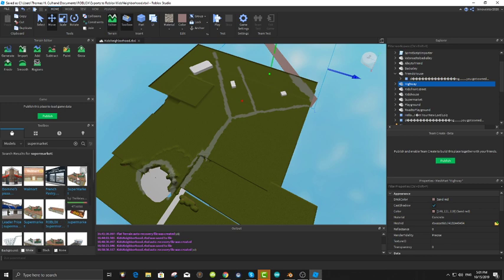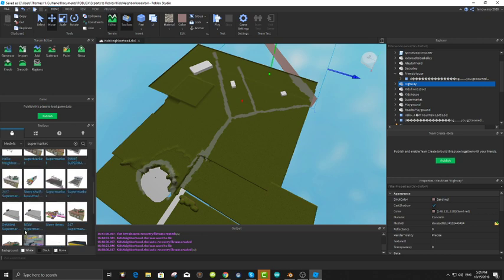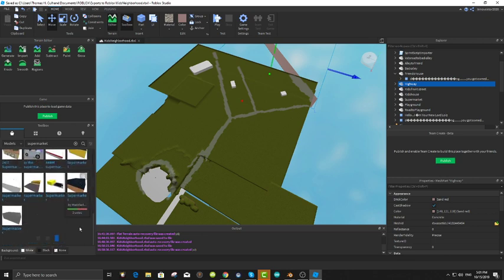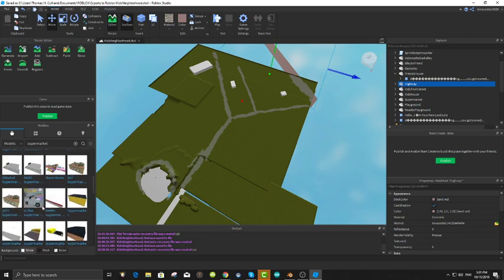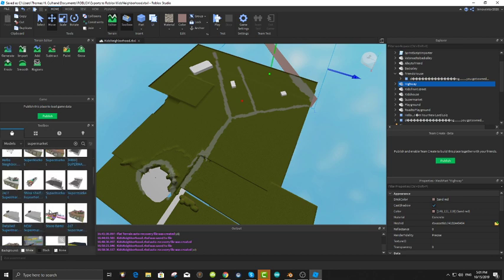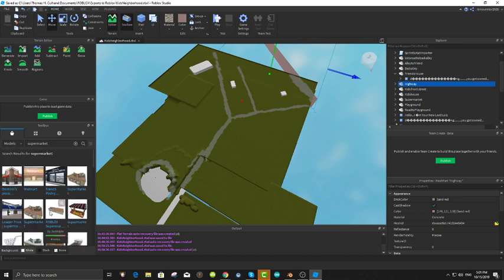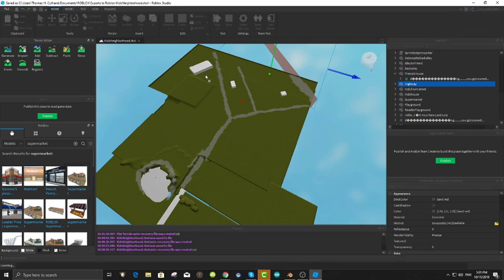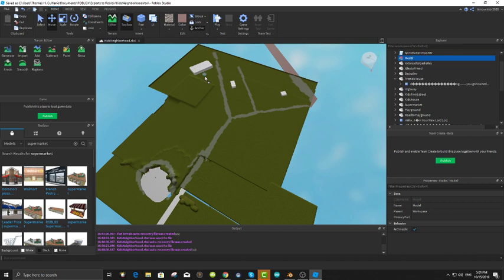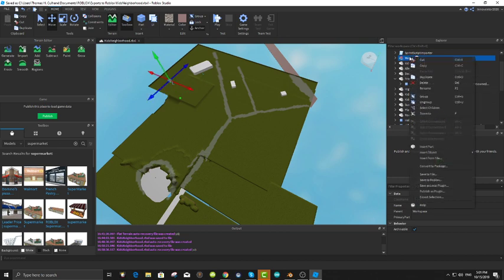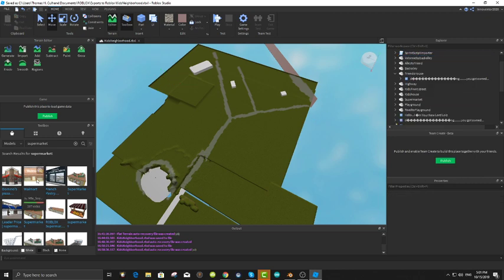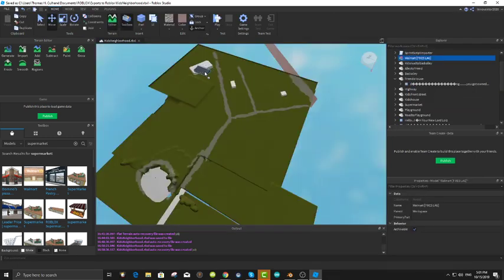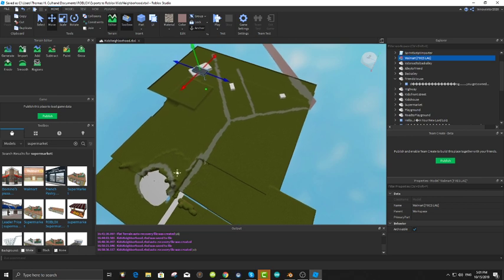Let's go for this supermarket. 24/7 supermarket. Let's go for this, and oh, it's too tiny, way too tiny. All right, we won't do that. Let's get rid of that. Maybe the Walmart is the only one that, yeah, it's the kind of one that fits there, although it's still